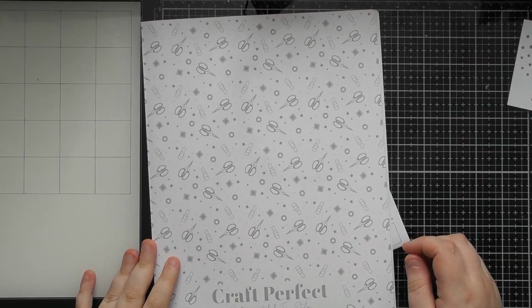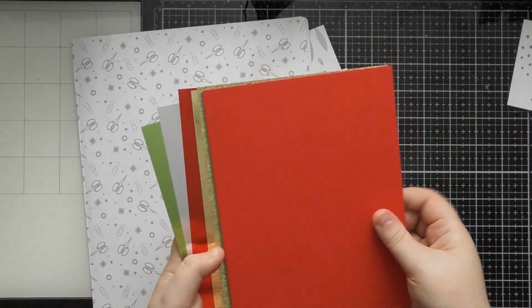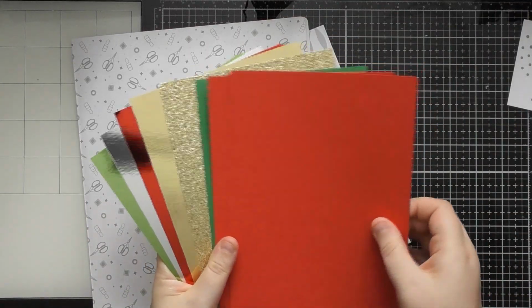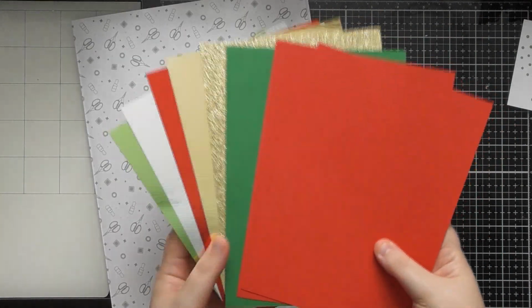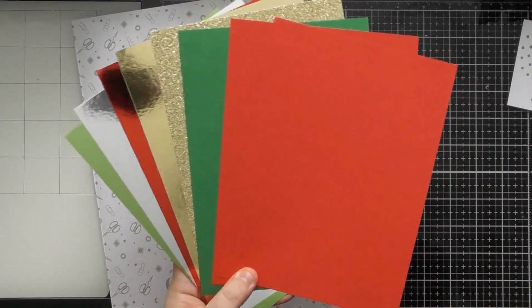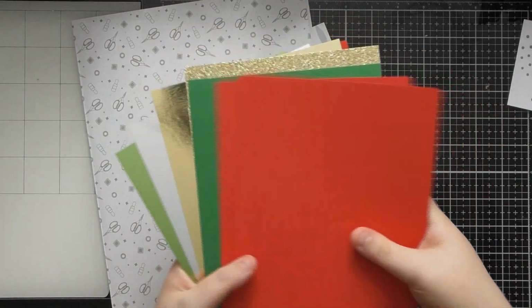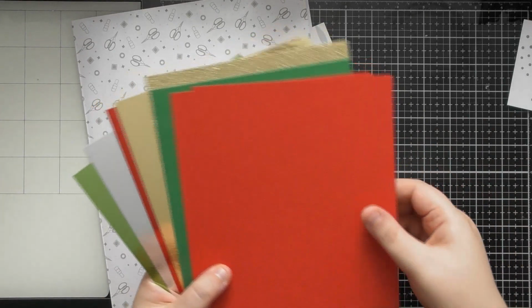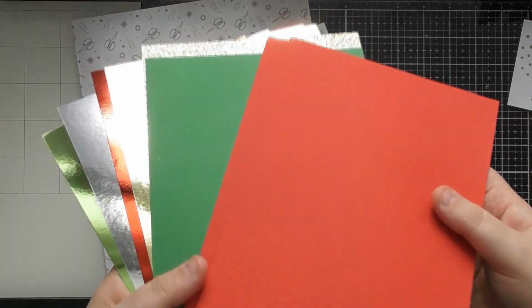Then we'll go on to the cardstock. So for this month's kit, I have cut all mine in half because I was being lazy and I hadn't organised my cardstock and I couldn't be bothered to go and find another sheet of each of them. So I cut them all in half. So you will get full A4 sheets of them. I'm just showing you an A5 sheet of them because I cut all mine in half. But you're getting classic card, you're getting chili red, and you're also getting fern green, which are beautiful Christmassy tones,